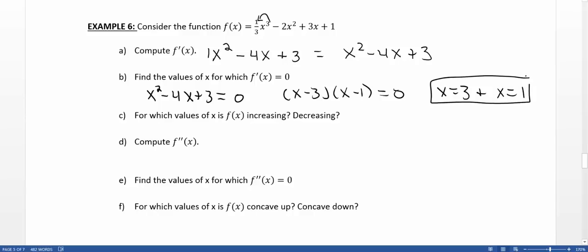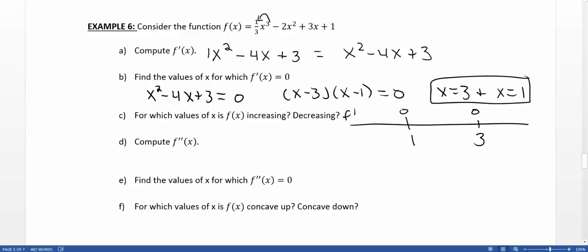So these are the two values where the first derivative equals 0. We want to know when the original function is increasing and when it is decreasing. We said it's increasing if the first derivative is positive, and decreasing if the first derivative is negative. So if we were to draw a number line here and put on the values where the first derivative is 0,